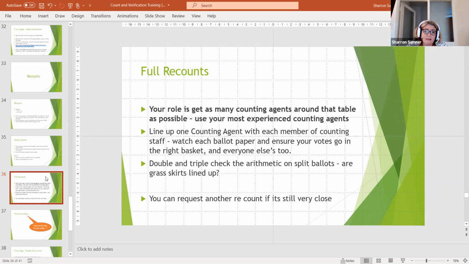So you line up your counting agent with each. I would have one counting agent in front of one counting member of staff, and they have to be very eagle-eyed and watch each ballot paper and ensure your votes go in the right basket. Double check, triple check the arithmetic on split ballots. I don't think I spelled arithmetic there correctly, so excuse me. And if they are using grass skirts, make sure they're lined up properly. So now is the time for being ultra